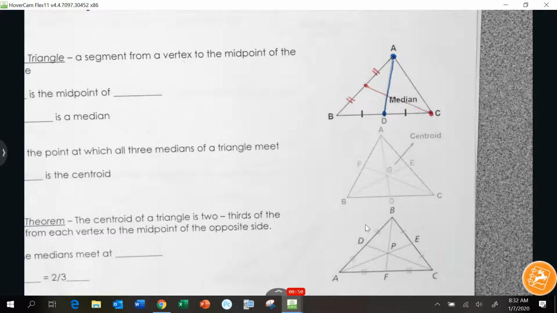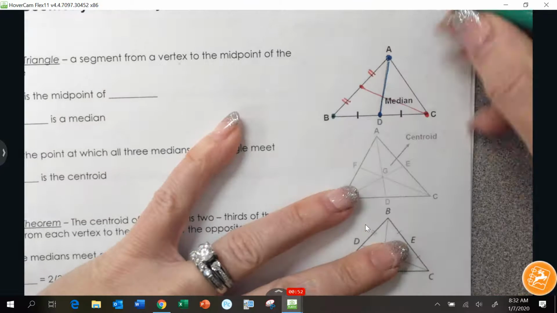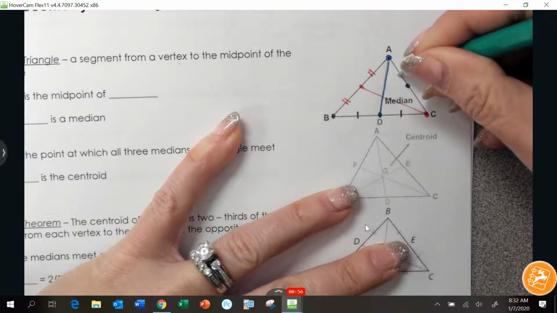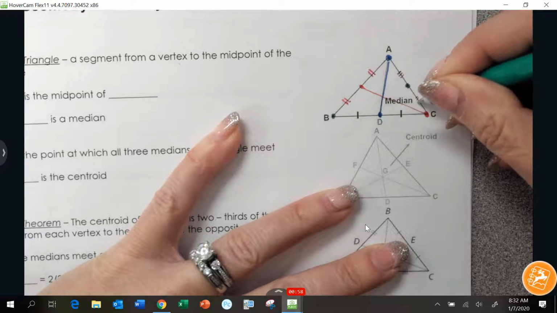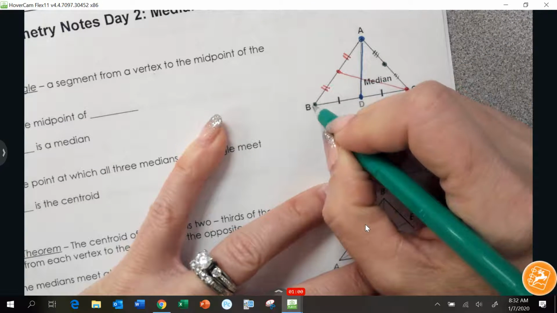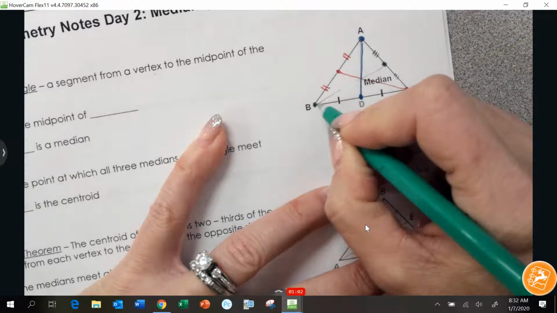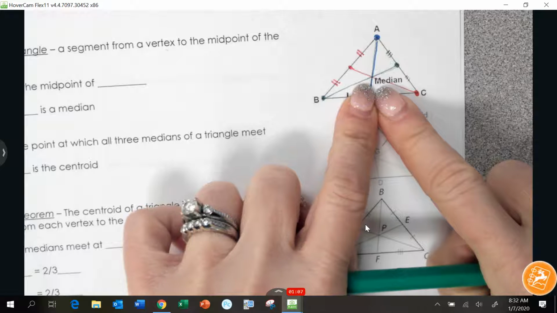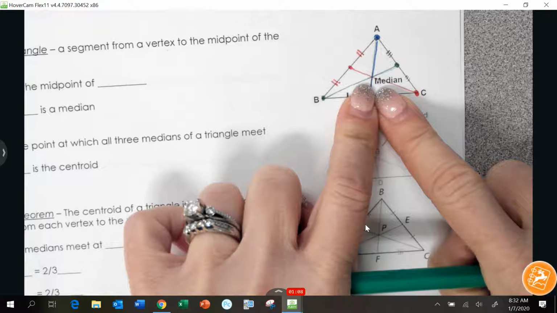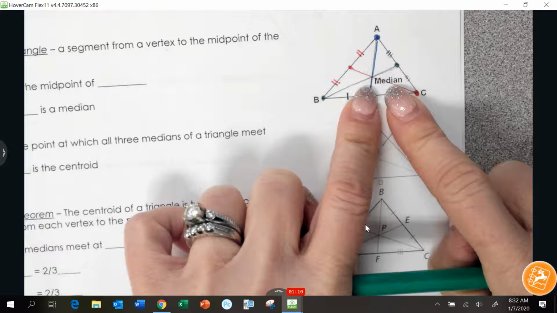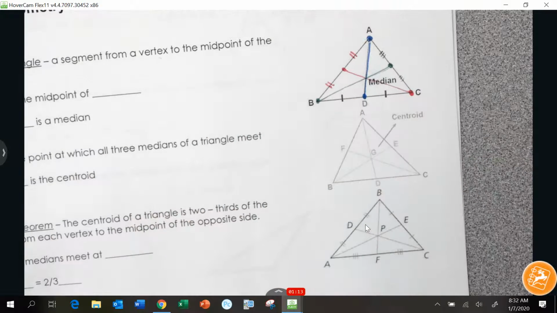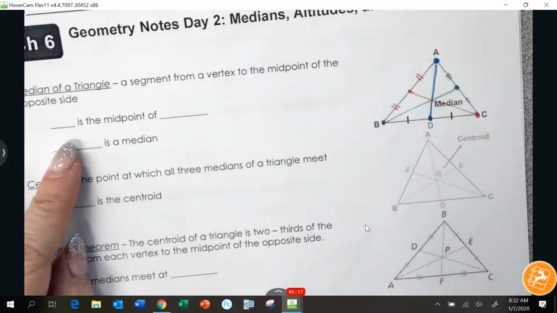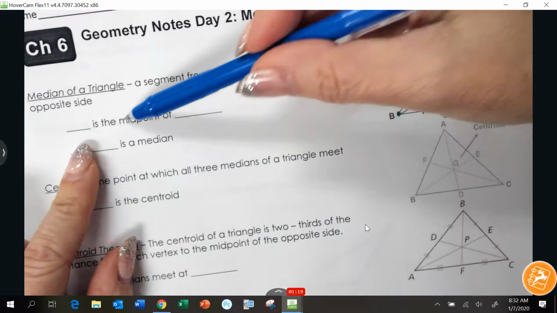If I do a third one, if I connect B to the midpoint of the other side, do you think it's coincidence that they all met in the middle, in the same point? You think that's coincidence? It's not. That will happen. All right, so using the blue one, the original one that was drawn there, blank is the